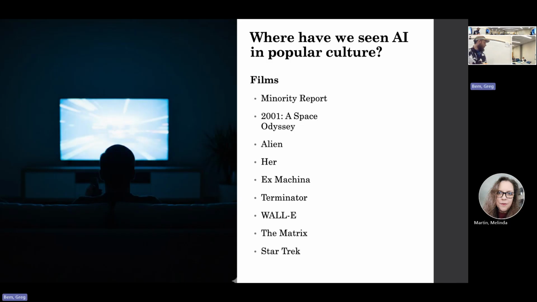Mm. Yeah, that's a really good point. Chatbots and relationship partners, romance. Whole industry there as well. Any other examples of films or popular media in the back?